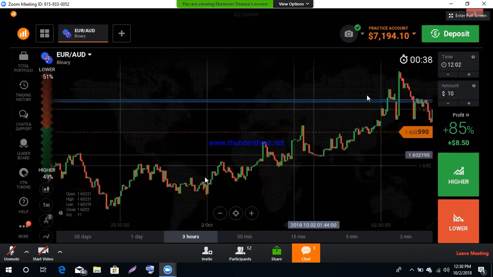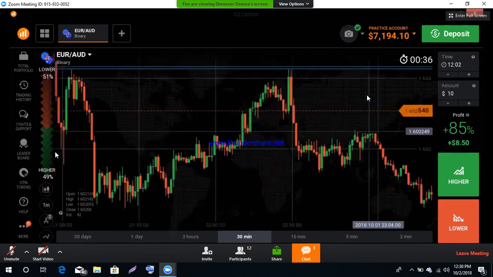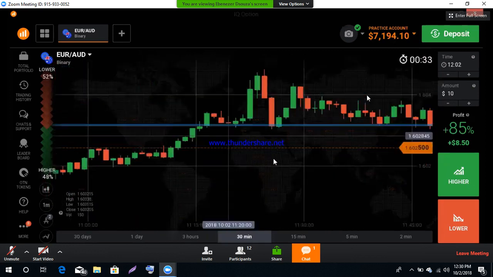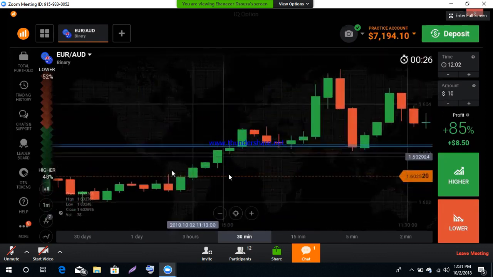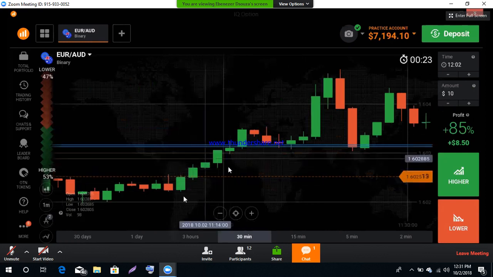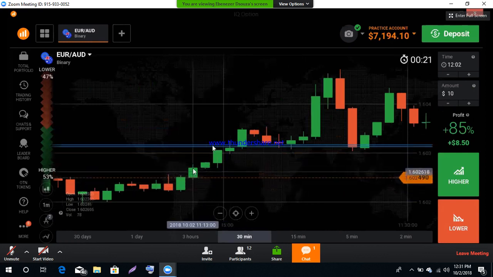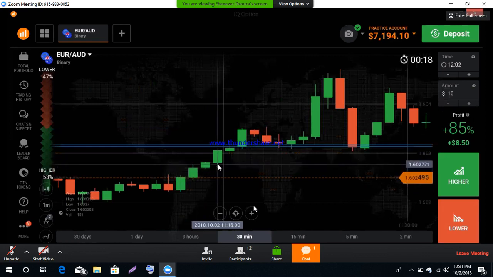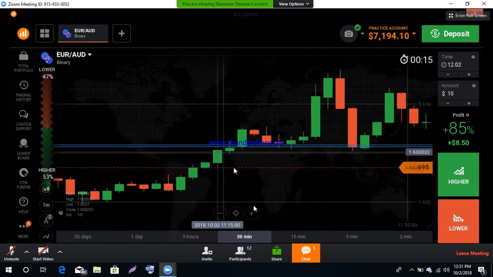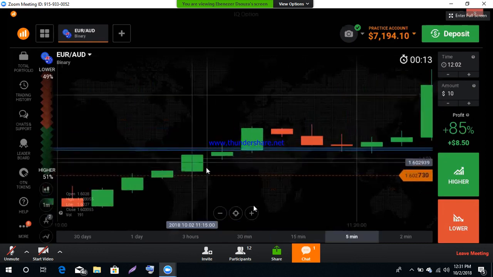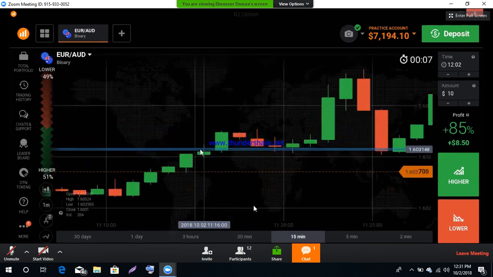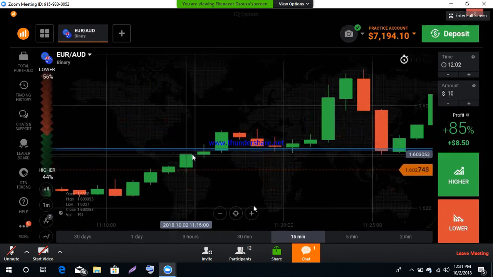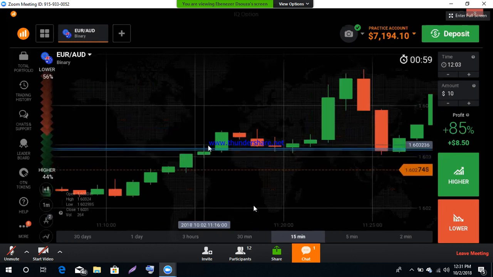Since that is a strong level, it shouldn't break, and then it gives a reversal sign. Okay, it is an uptrend, and now you can see there are strong buyers' movements, right? This one is a very strong candle, and again this is a very strong candle. This is a continuation candle. This is a reversal candlestick actually, but even after the reversal candlestick, again we are seeing the buyers. It means when the market closes below the level, the next candle will reverse.